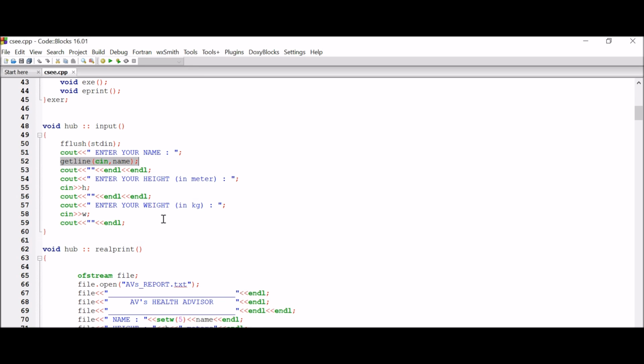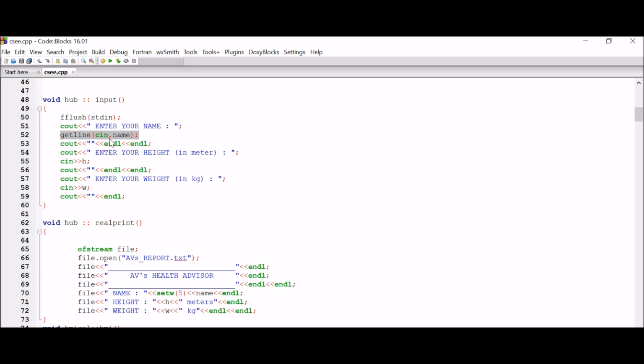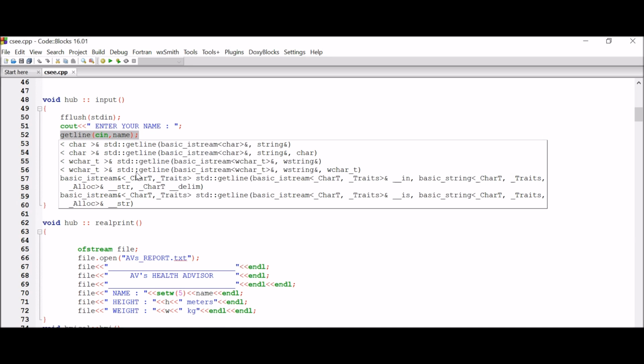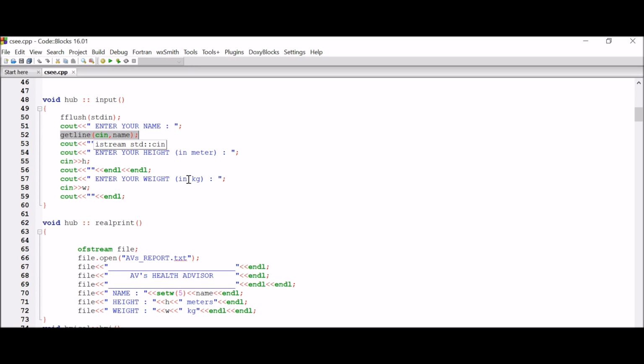getline cin name. What getline is actually doing: if we simply use cin, then for example if there is a space between the first name and second name, cin is not going to read that space. In order to read the complete line along with the space, meaning delimiters, we need to use the getline function.